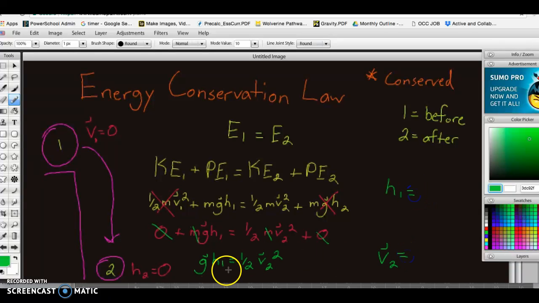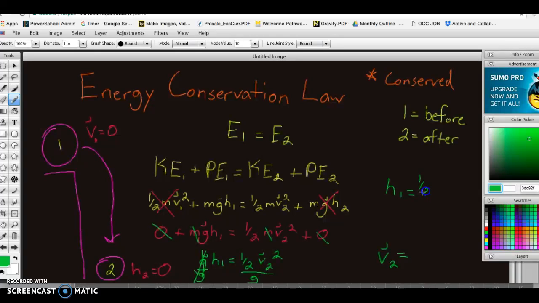So let's first do the height. If I were to divide by this G on both sides, the equation for the height before will equal